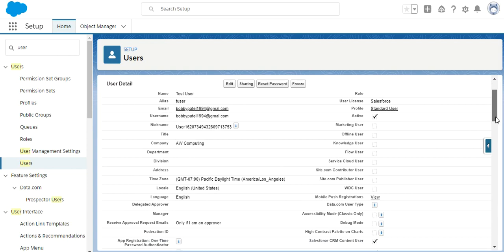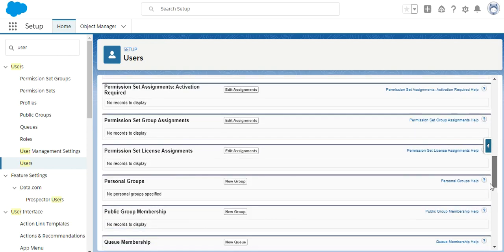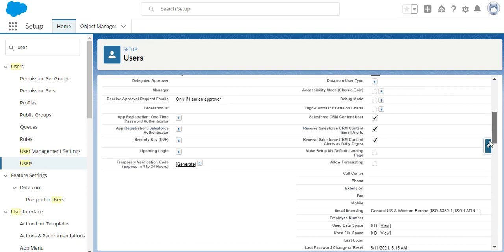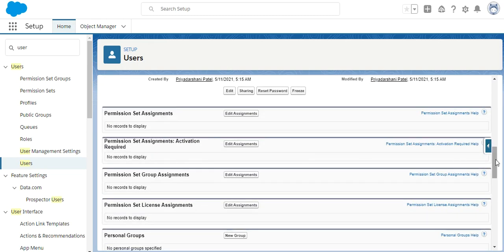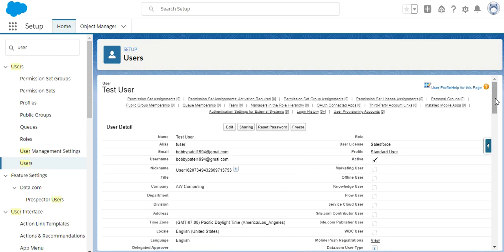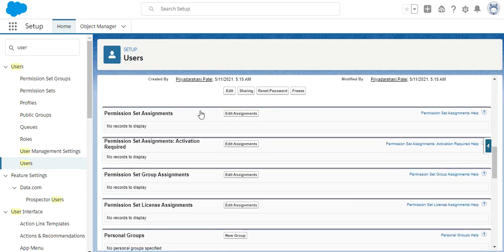Now it's time to reset the password. Before that, you can see that when we create a user, from the user we can directly assign the profile and permission set. If we have any permission set, we can assign it directly from here.